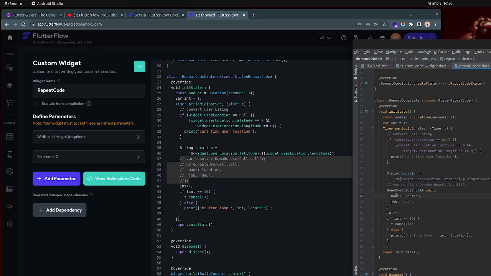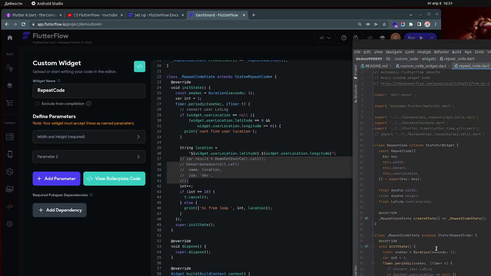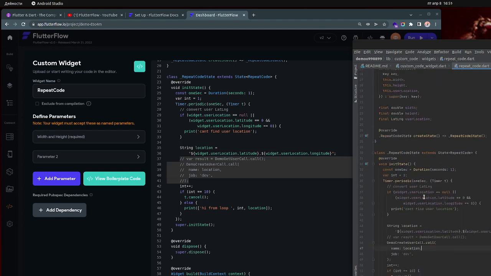I can actually use, instead of name, the location over here, and with this code it will send the location of the user every second for 10 seconds, for 9 seconds actually. And yeah, this is how you can do it, and this is actually to check if your code is